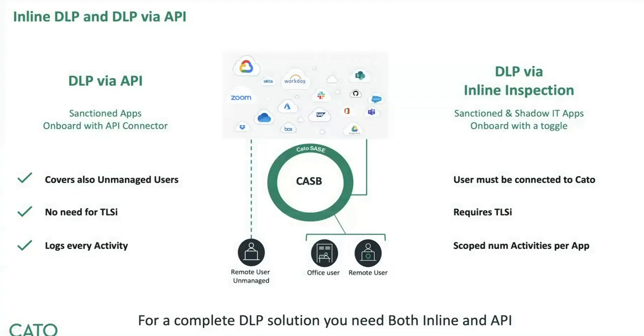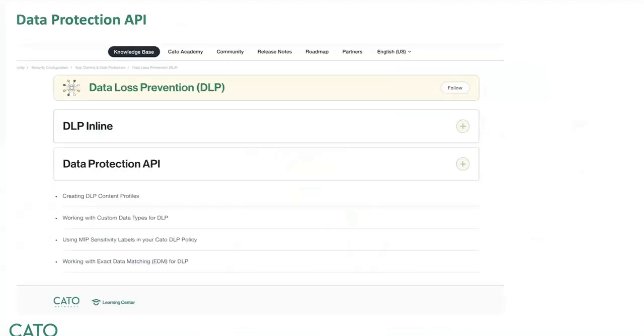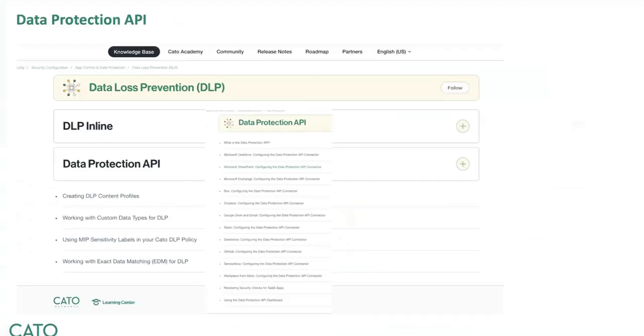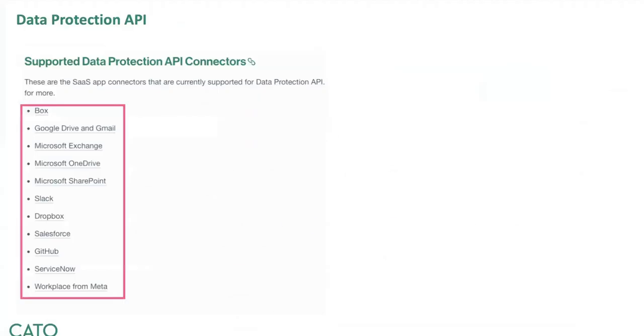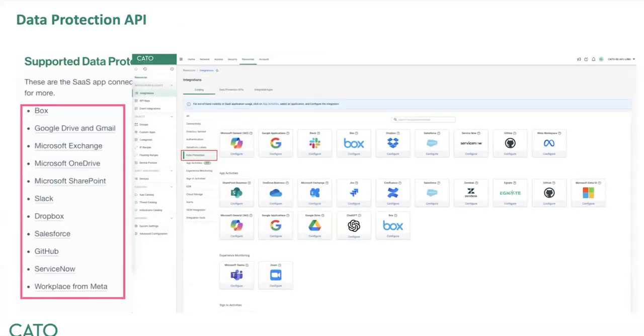All right, the last one will be the DLP. Let's look at the DLP. Likewise, we require out-of-band API DLP to address the unmanaged devices and the application tools that don't allow us to do the TLS inspection. From the KB perspective, this is how we can always easily showcase, to browse through the documentation for inline and for API DLP as well. As always, you can log into the CMA. You can easily get to know what applications we can integrate for data protection, for the API-based, for the out-of-band